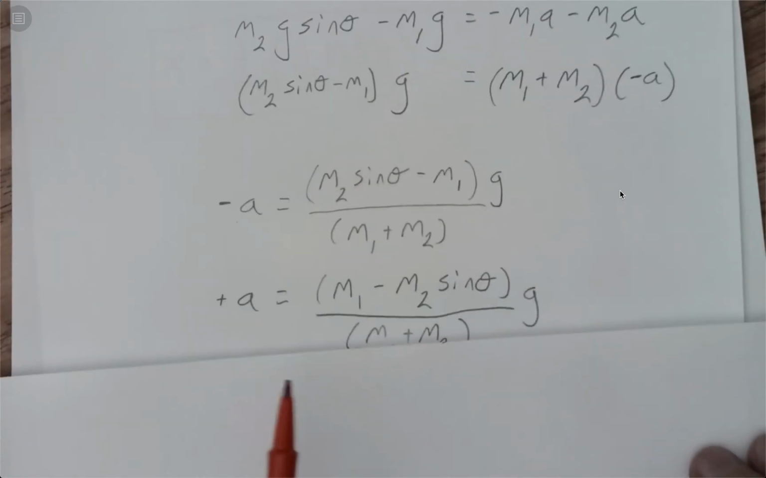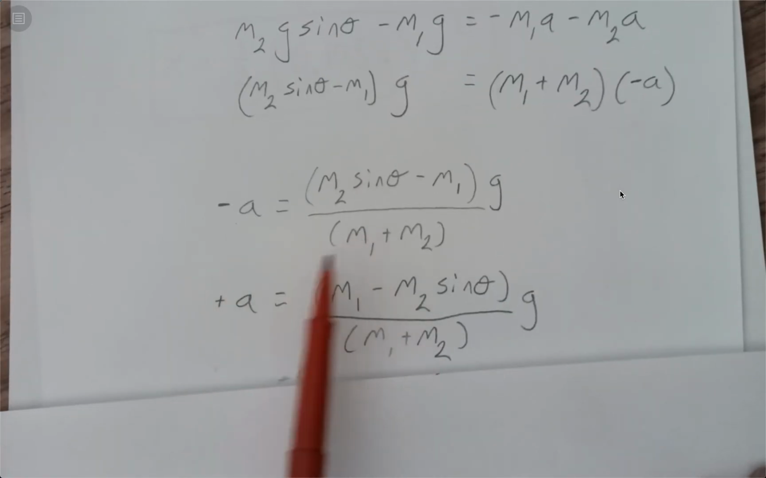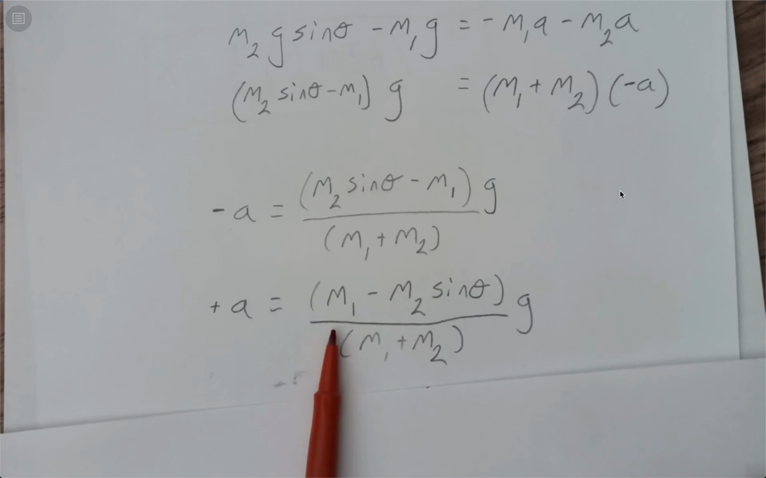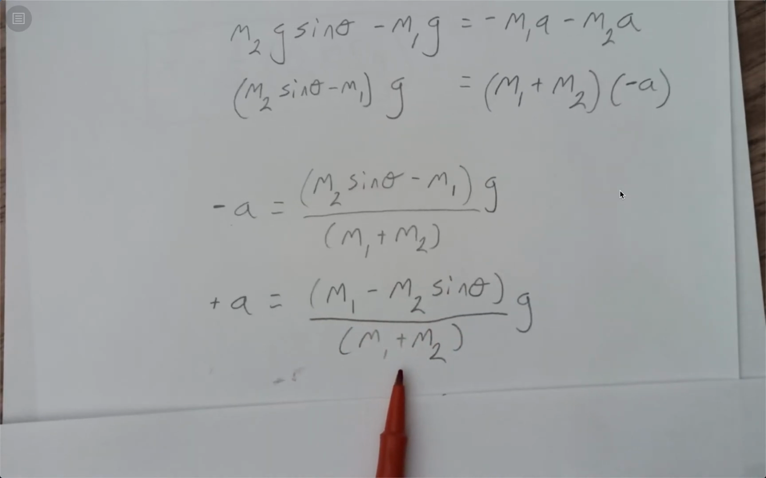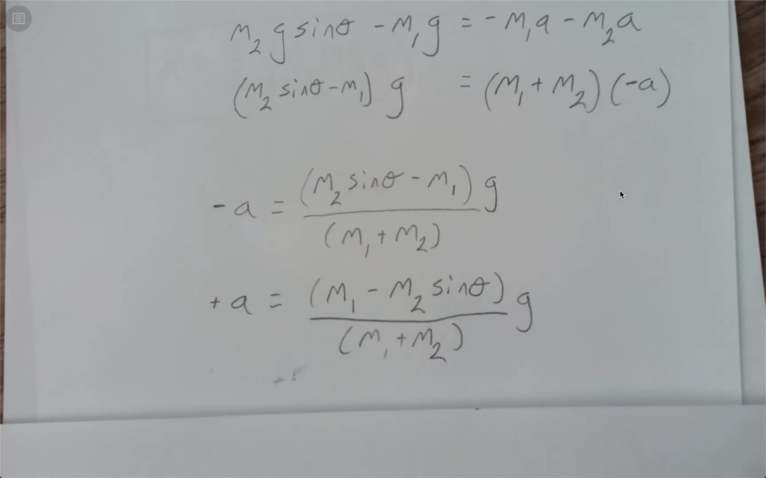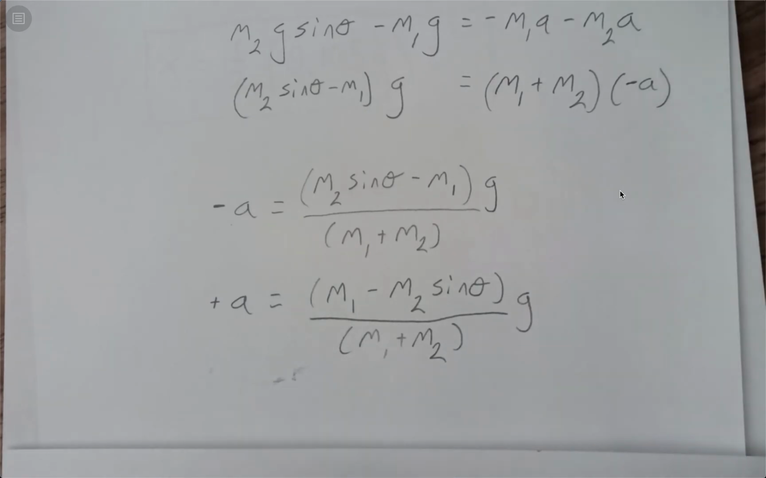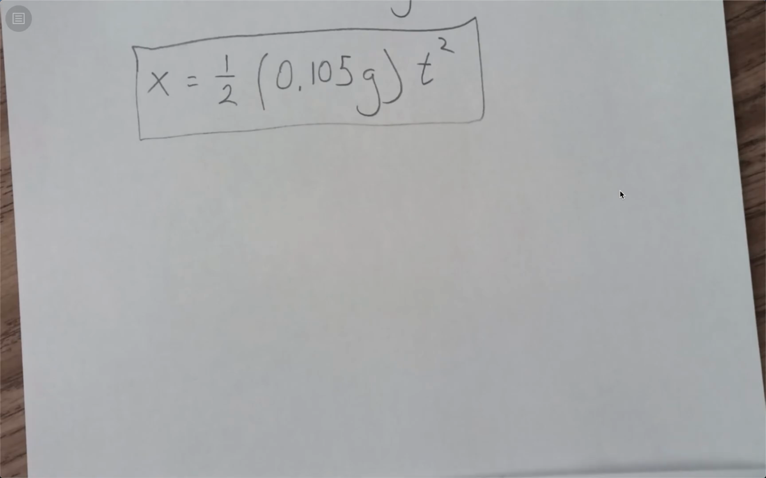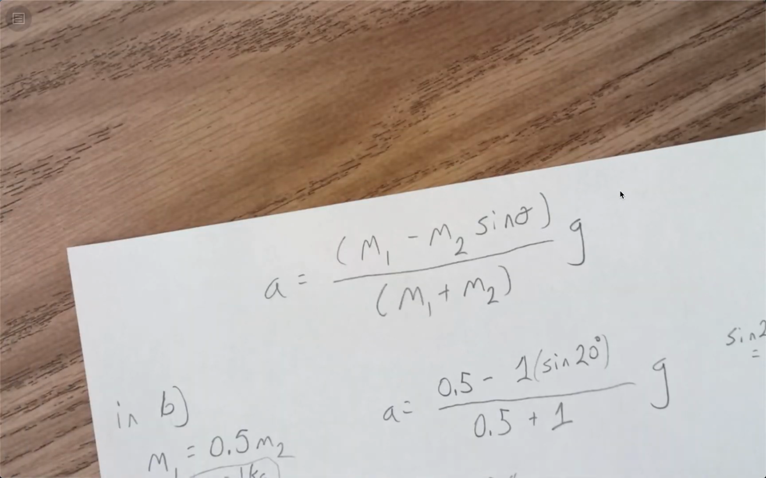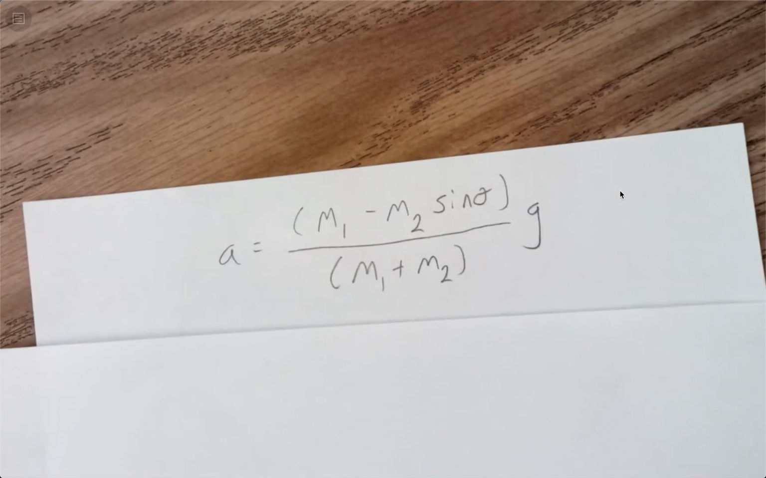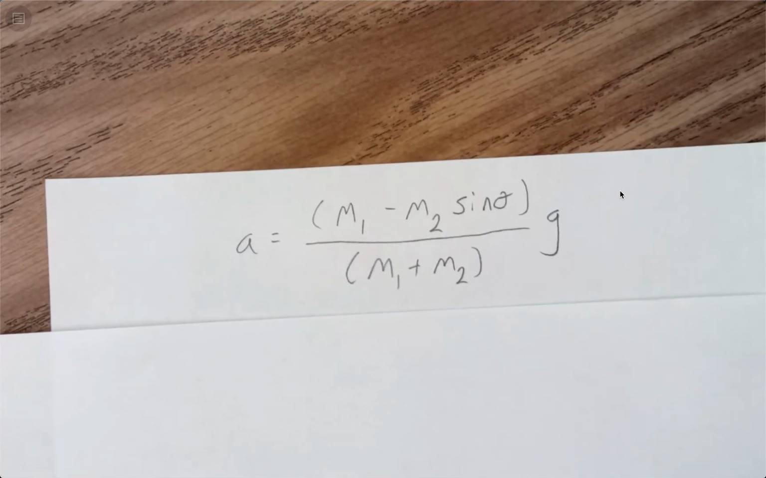And I'm going to then multiply both sides by a negative to give me my m1 minus m2 divided by the sum of the masses times g. And now we have that expression. Now that we have this expression here in terms of g, mass, and theta,